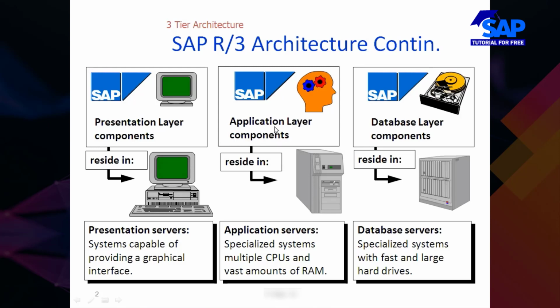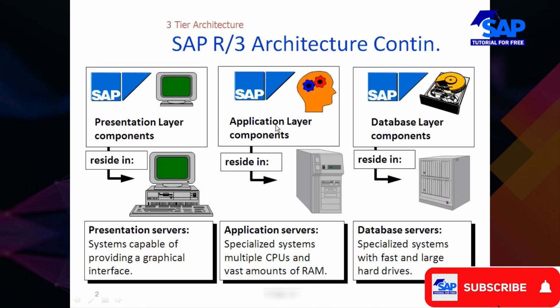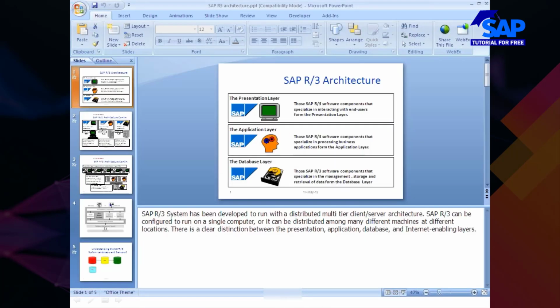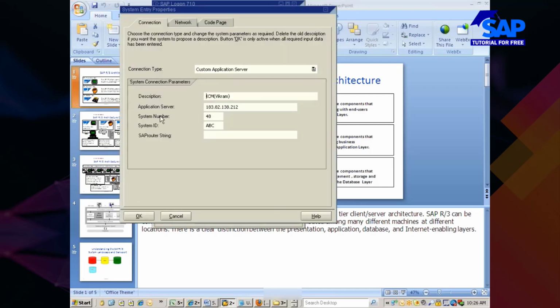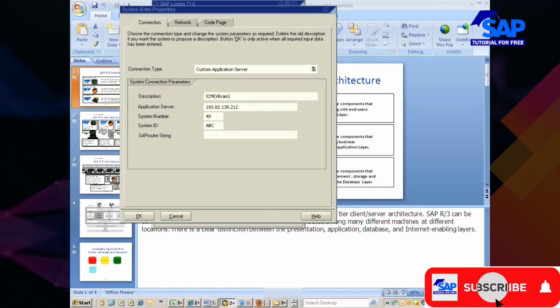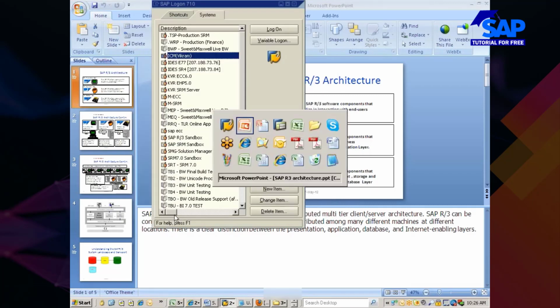Then your application layer components reside in the application server. Application server is nothing but the information that I've shown you. When you go to this particular change item, you would see the IP details of the application server. So this is what an application server is.